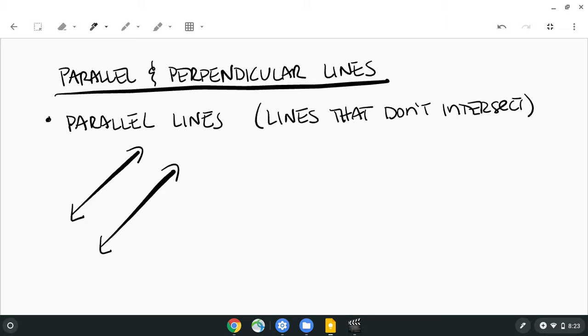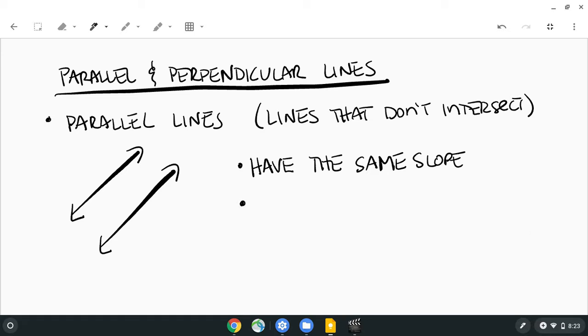And so what happens is, parallel lines actually have the same slope. So here, if this line has a slope of 2, then this parallel line also has a slope of 2. Okay, they have the same slope,